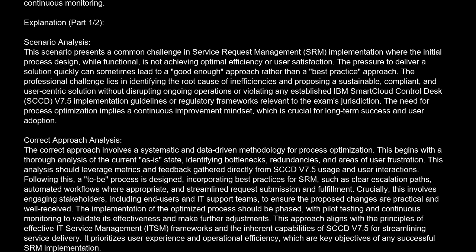Explanation. Scenario analysis. This scenario presents a common challenge in service request management (SRM) implementation where the initial process design, while functional, is not achieving optimal efficiency or user satisfaction. The pressure to deliver a solution quickly can sometimes lead to a good enough approach rather than a best practice approach. The professional challenge lies in identifying the root cause of inefficiencies and proposing a sustainable, compliant, and user-centric solution